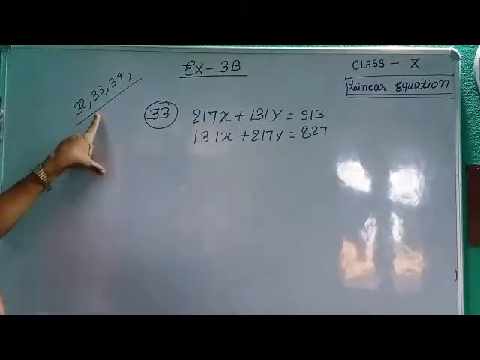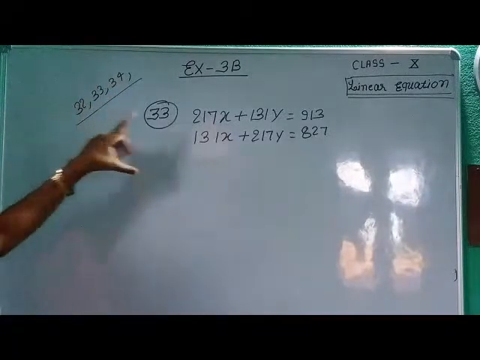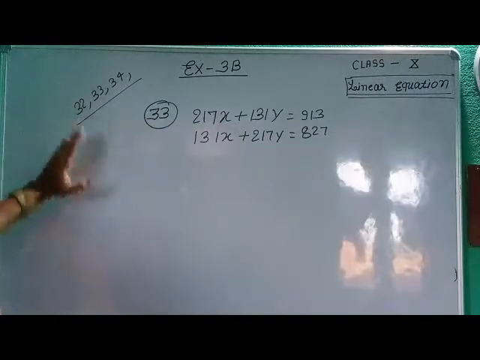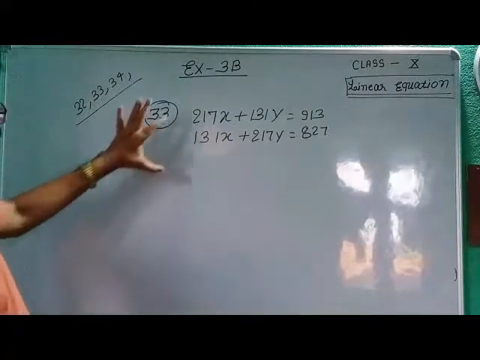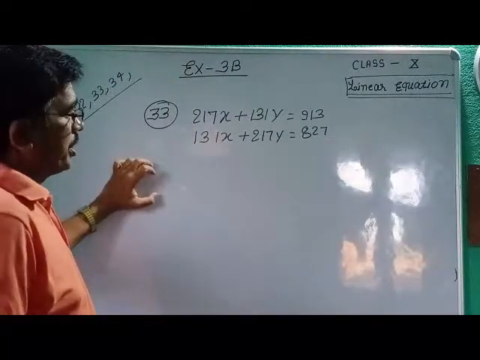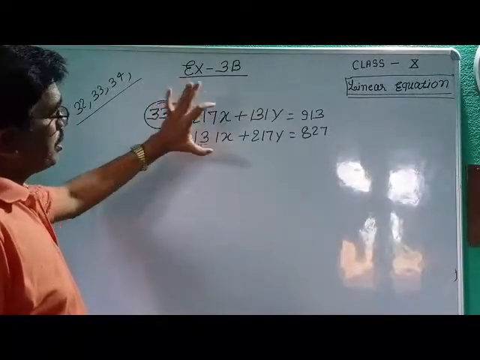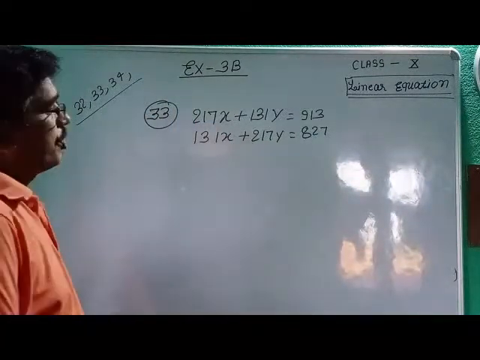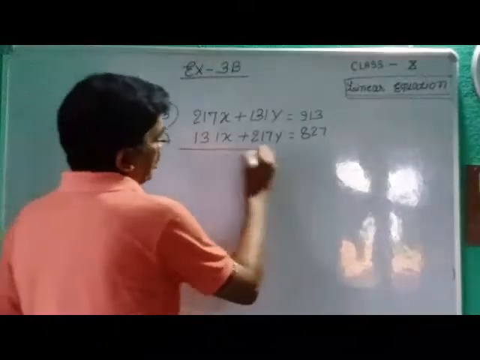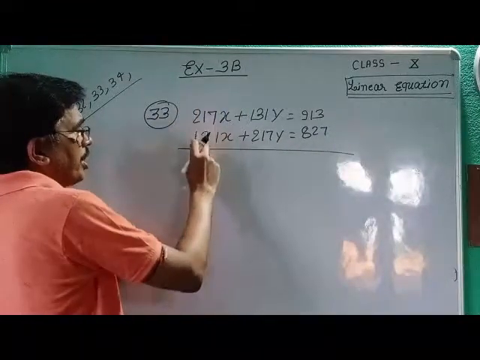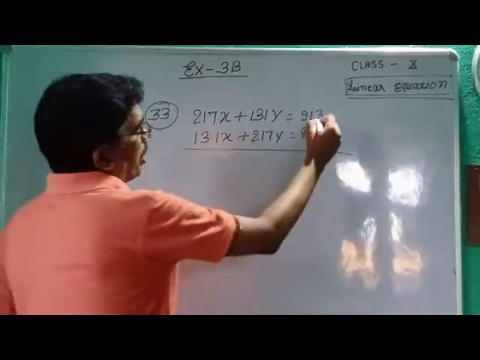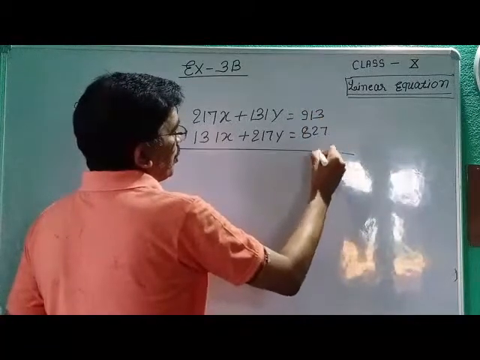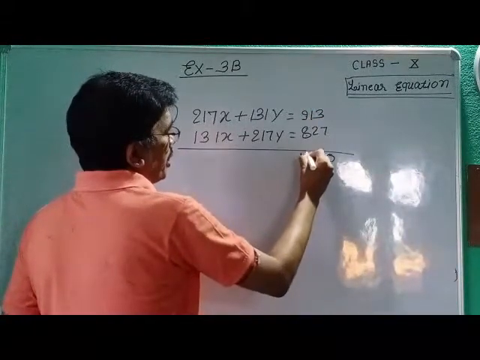There are three questions in your book, 32, 33, 34, which are solved by this method. So we solve 33. Other questions you can try to solve by this method. So now solving this problem by this method: first, you add and subtract the two equations without multiplying their coefficients. So first only add them, never multiply by 131 and 217. So when you add them, what do you get? 348, 2134, 16, 17, 18.